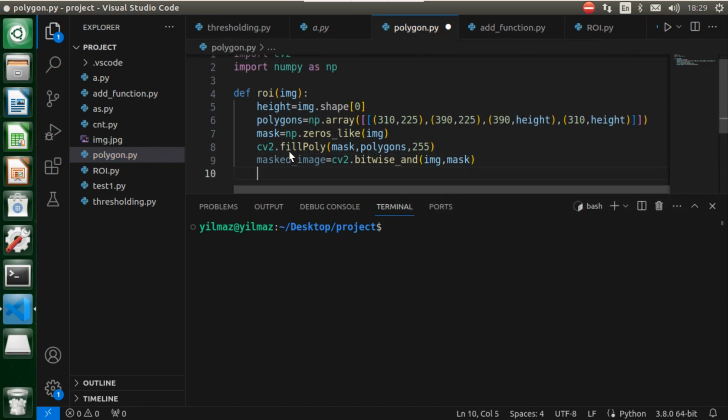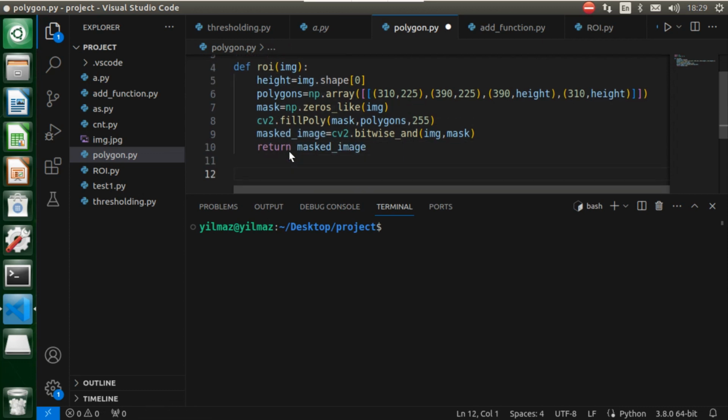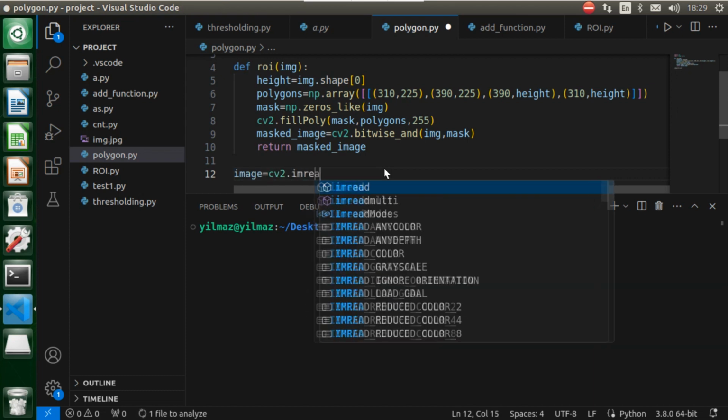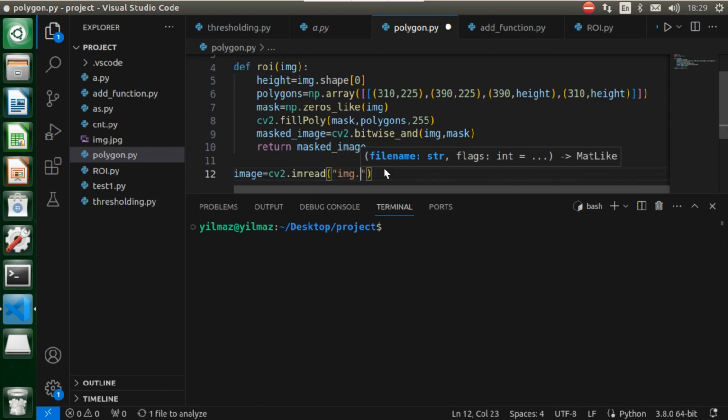Our procedures are up to here. So what should we do now? Now let's return the result of the masking operation. So I will return the masked image variable. And also let's move to the main block. So now let's see the results. For this, let's read our main image. For this, let's create a new matrix variable. Here let the matrix variable name be image. So let's type here image and put an equal sign and let's call imread function and let's read our img.jpg file. And also let's move to a new line.